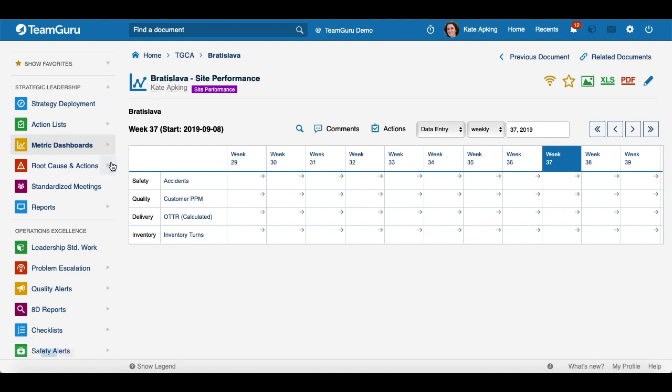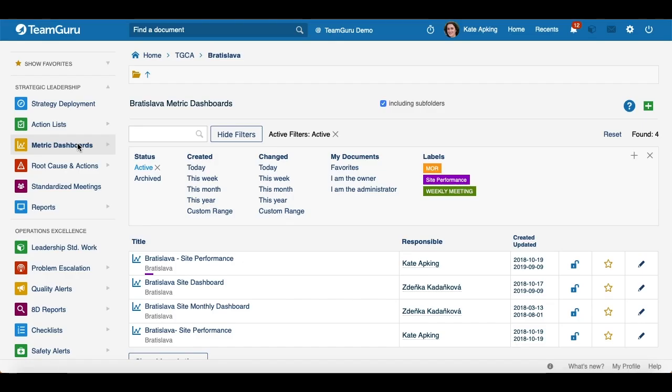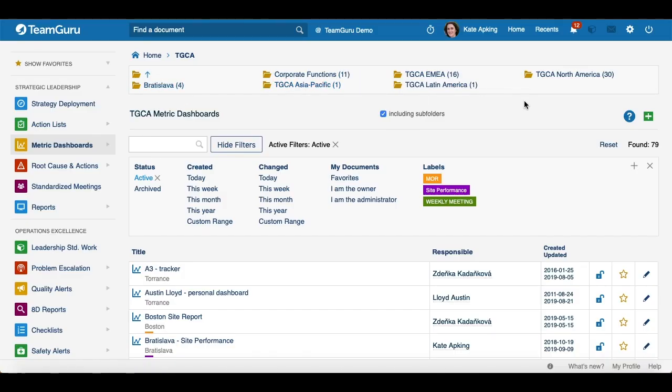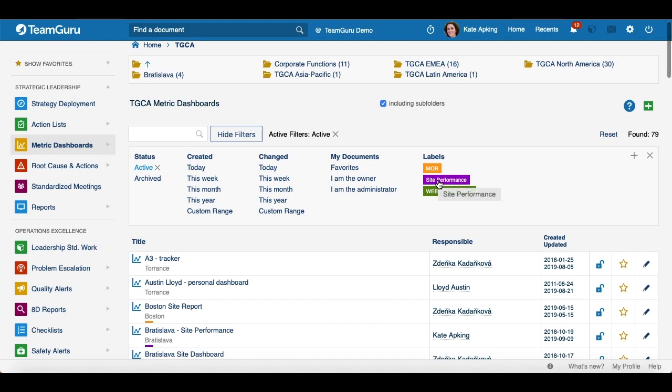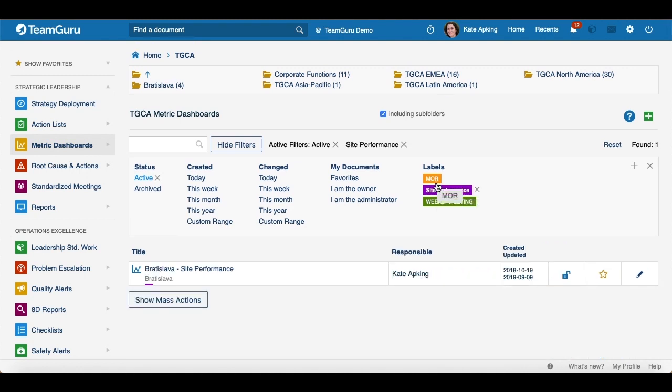And now when we go back to our documents list, you will see your label displayed right here, and it is because we've just added it to a document. And here I would like to point out, when you are searching documents using our filters, please don't forget that when you are in the higher folder and you would like to see documents from all the subfolders, this box including subfolders needs to be checked. And to search by labels, you have to select the particular label. So I'll just click on my label. And now I will get the list of all the documents that are marked with the same label.